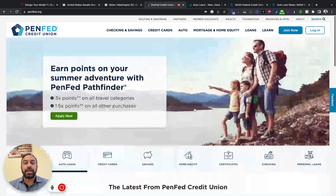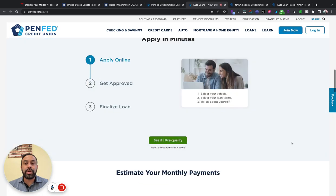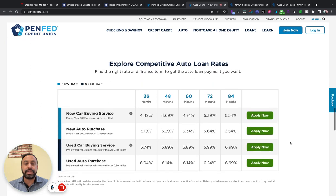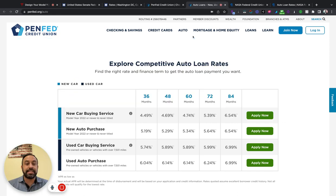A lot of it is done online. So this may be another one. And then in terms of rates, published rates, again, for today, as you can see, new auto purchase still very competitive on the lower side of 5%, so 5.19 all the way up to 5.64. And we are still lower than the 5.69% published using Tesla financing. So again, if you're thinking about financing a new vehicle purchase, a new Tesla purchase, you may want to examine